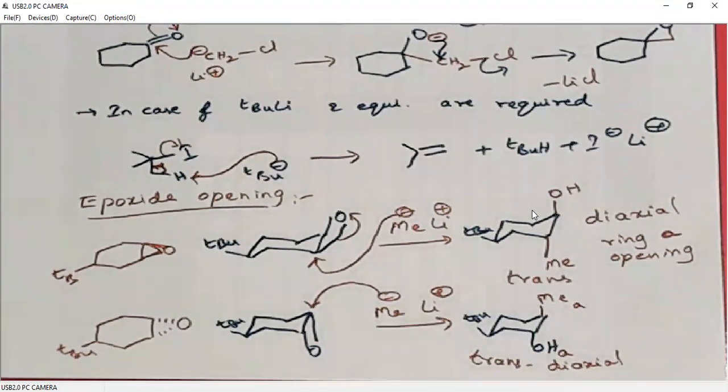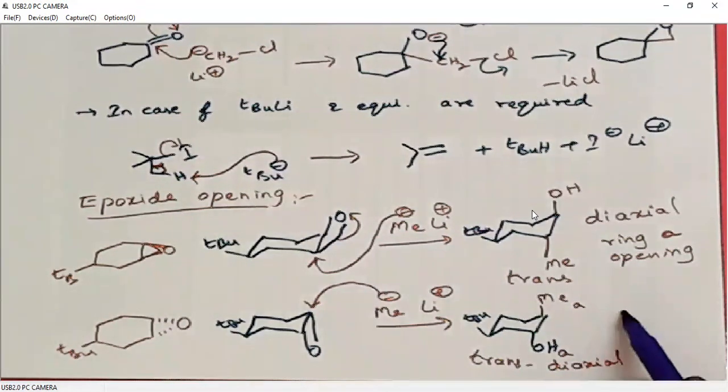So when you want to open the epoxide on a six-membered ring, we must explain the ring opening using chair conformation. The product should be diaxial. That means the methyl nucleophile should be in the axial position, and OH should be in the axial position. Of course, when we have more substituents on axial position, they are unstable. But what we can do, we can go for ring flipping. So product will form like this. Then it will undergo ring flipping if it is possible. But when we want to open it, it should be a diaxial product.